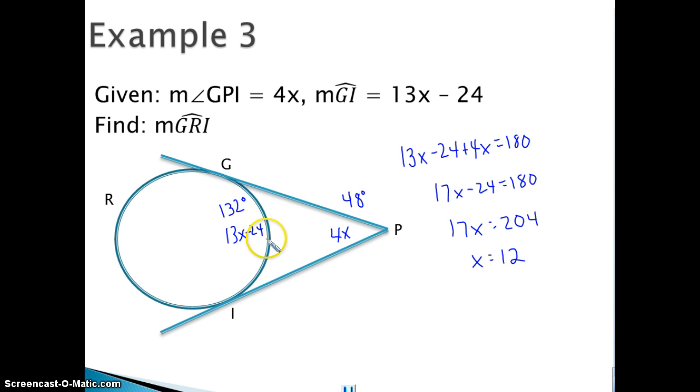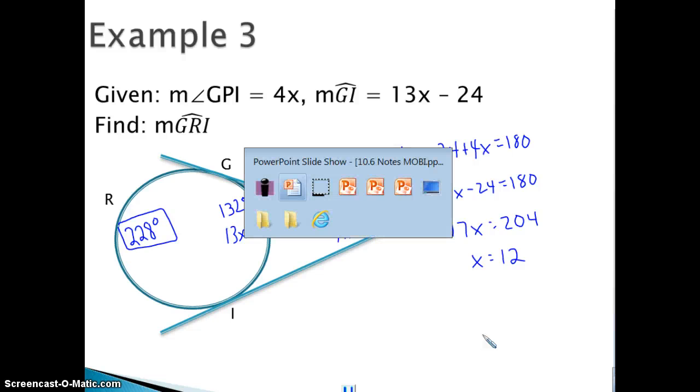Now from there, I can take that 132 degree arc, the minor arc, and use that to find the major arc, which will be 360 minus that. So 360 minus 132 is going to give me 228 degrees. And that's my major arc. Now it makes sense because, again, the major arc is going to be greater than the minor arc. It's going to be greater than 180 degrees. So again, those are our three theorems, and we'll be using those more